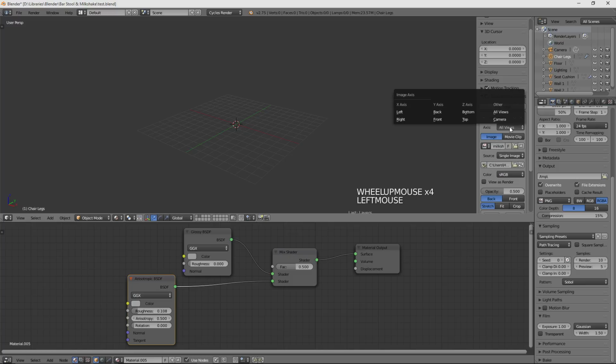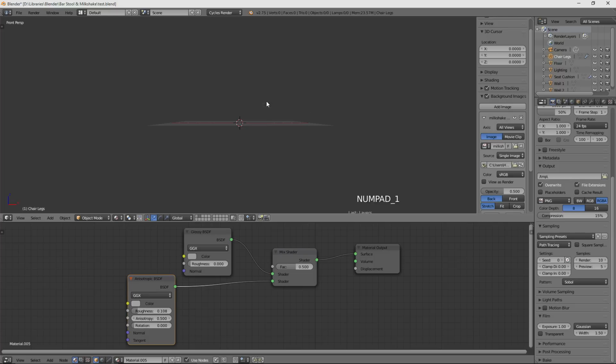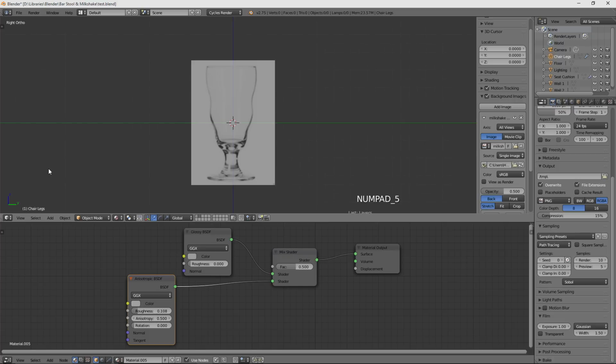The only way to see it is to, number one, be in one of those perfect views. Remember, we're using the numpad to go to those perfect views and line up. You can see in the bottom left of the 3D view window, we're lining up perfectly those axes that we have. Those are the perfect views. Number two, you have to be in orthographic view, and we get to that by pressing 5 on the numpad, and there you can see my milkshake glass appear as a picture in the background.